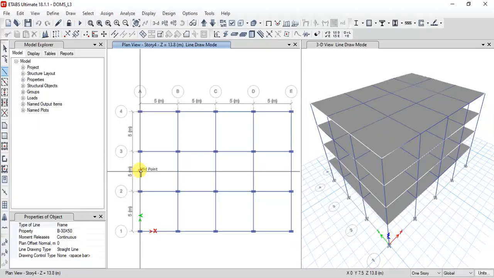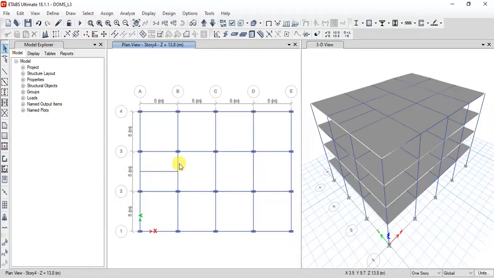Okay, so just draw one beam. So now I have drawn a secondary beam in this plan, and as you can see, it is exactly at the midpoint.